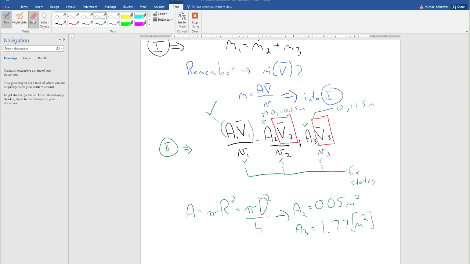Right, so now, in my expression, these things are known. And I can fix these states, right? Which I'm going to do, but I'm going to wait a second because I notice now that even if I fixed these states, I'm still in a bit of trouble here, right? Because let's say I fix these states. Let's say this is 1 and a half and 1 and a half, right? So it's just some numbers. I know these things. I know the areas now. I know AV, but I just got one equation and I have 2 unknowns. So there's something else that I need in this problem,